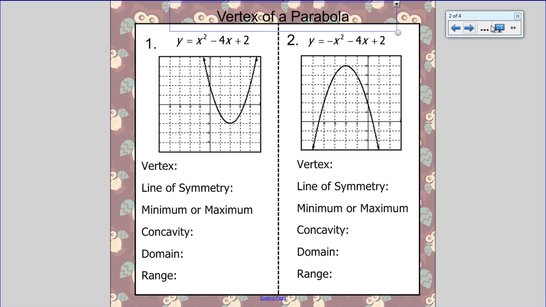So turn the page, open up to the inside, and we're going to start talking about the vertex of a parabola. How do we find the vertex? Where's the line of symmetry? Is it a minimum or a maximum? All of that stuff. And all of this is real easy if you've got a picture like we do